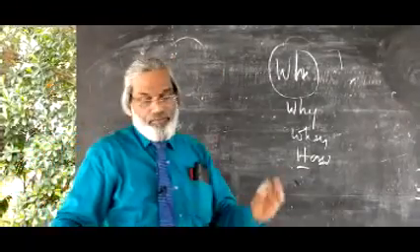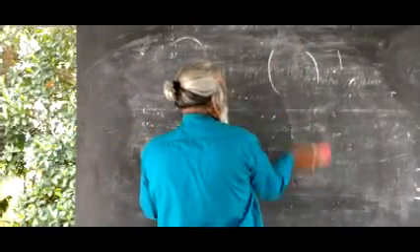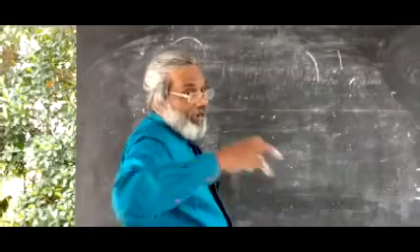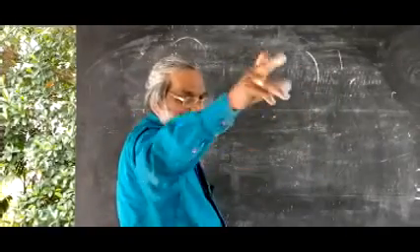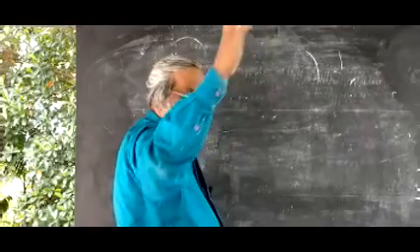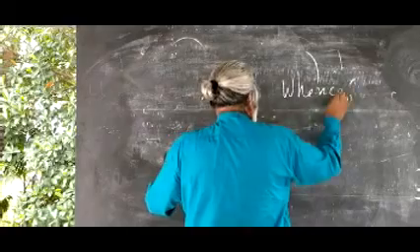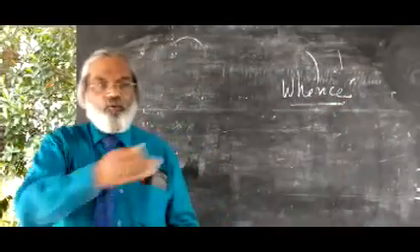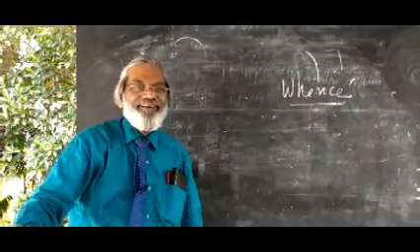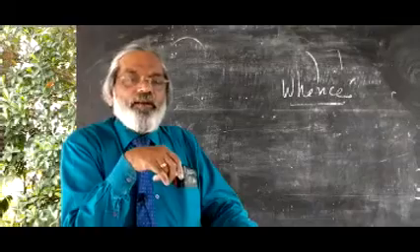They are called determiners. Here one thing: in modern university grammar, they add something which may be additional information to you. This is what is called graduation. This is called degree class. One word now appearing is called whence. This is additional information. Do you know what is the meaning of whence? Whence, a technical word. That is also a WH word.